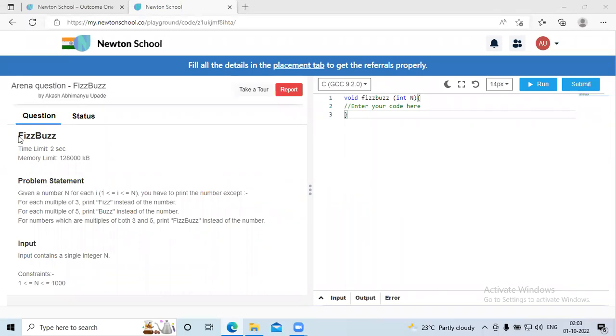Okay, so now we are going to discuss the problem, that is FizzBuzz. Here is the problem statement. Given a number n, for each i, we have some conditions, and you have to print the number except,